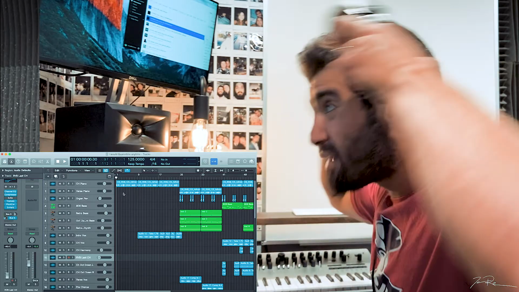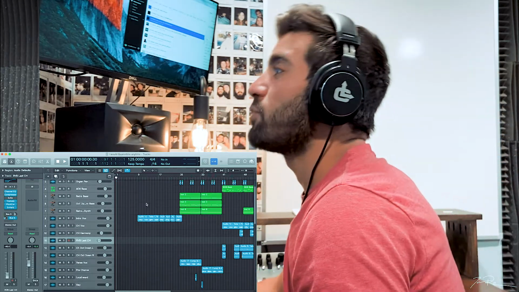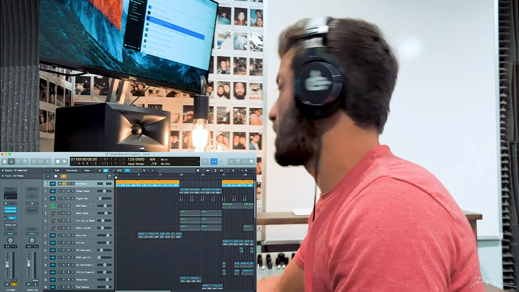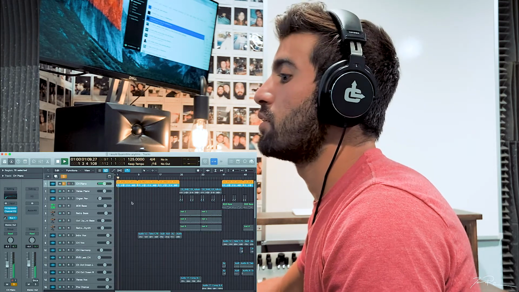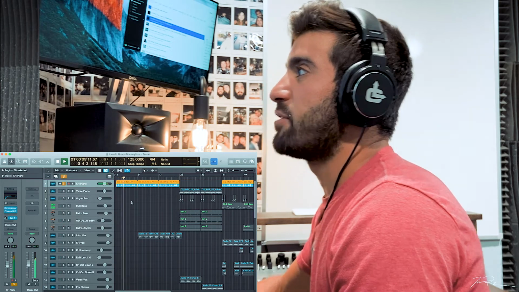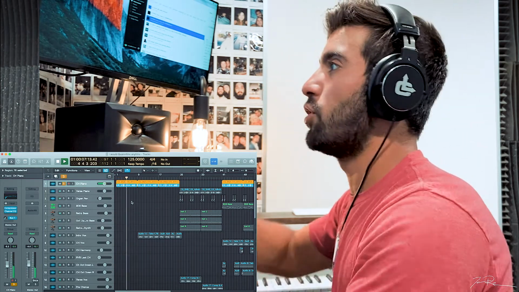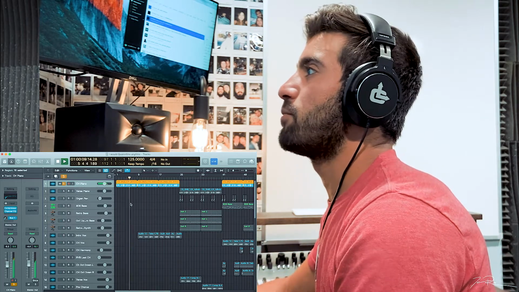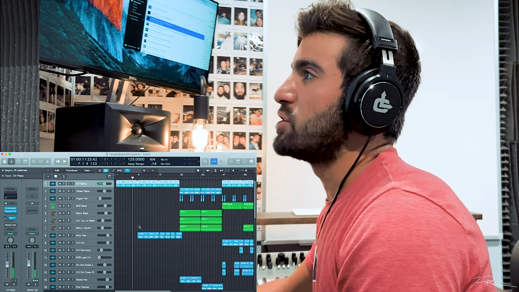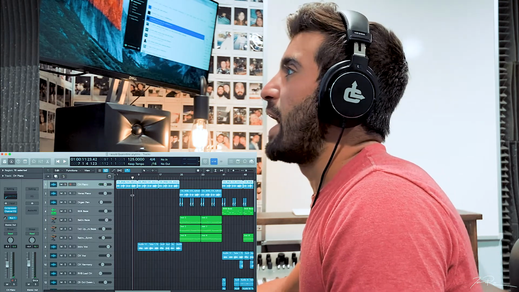Alright, let's see what we got. This is I Would Quarantine Anytime. And so we start off right from the beginning. We started with this sample from Splice, which came right here. And this pretty much just repeats. It's pretty much the same thing, like an 8-bar loop that repeats throughout the entire song. The key is A sharp minor or C sharp major, depending on how you want to think of it. And it pretty much just loops.